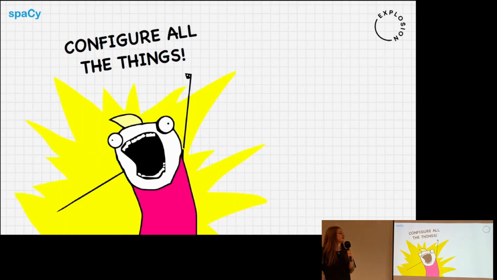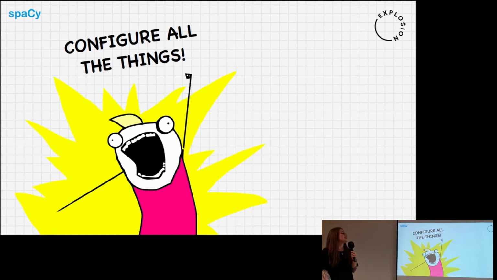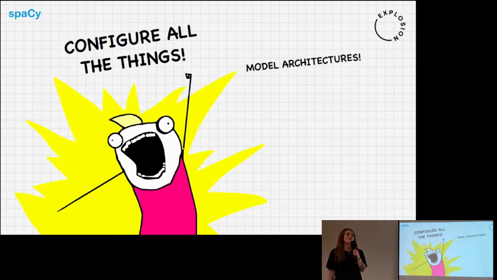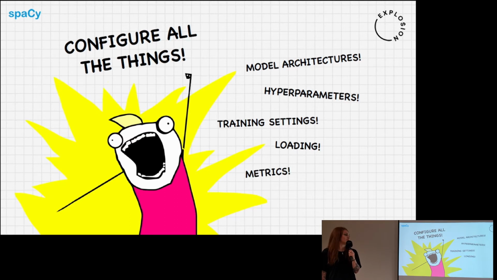configuration. Because the thing is, machine learning in general, even aside from transformers and new architectures, you want to be configuring stuff. You want to configure your model architectures. You want to configure hyperparameters. You have training settings. You load stuff constantly. You have metrics, and all of that together depends on each other. You change one thing about your model architecture, that affects all your hyperparameters. Your training depends on that. You change one variable, everything else needs to change as well. And ideally, you also want to be able to reproduce any experiment with all of this config consistently.